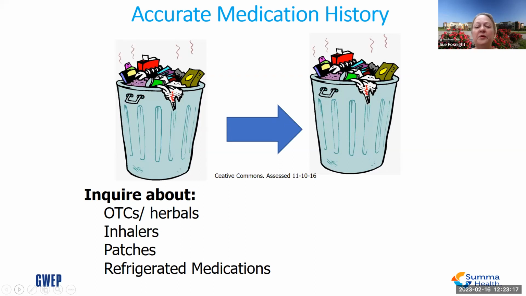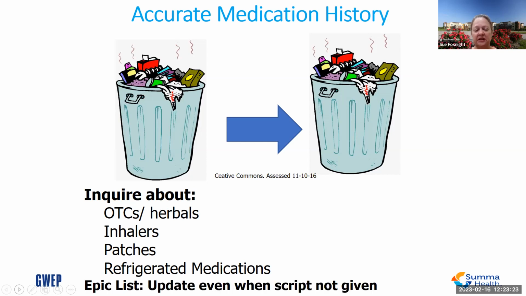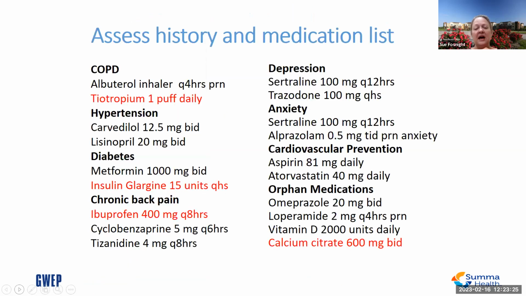So making sure you ask about those things is an important thing, so that we have a good knowledge of what the patient's actually taking. The next thing that we wanted to do with this particular patient is to really find out if we had an accurate list. For this patient, I had students with me, and we did go in and talk with the patient and the patient family, and we found some missing drugs.